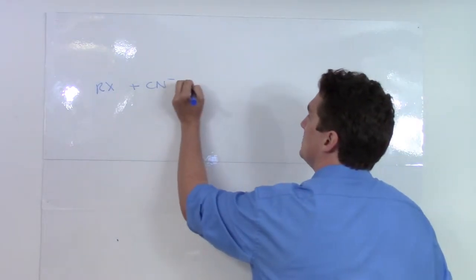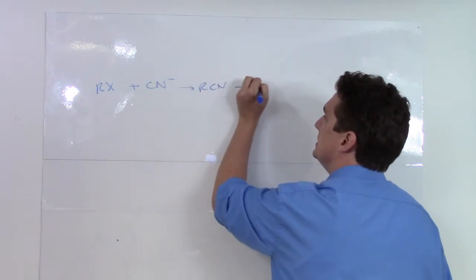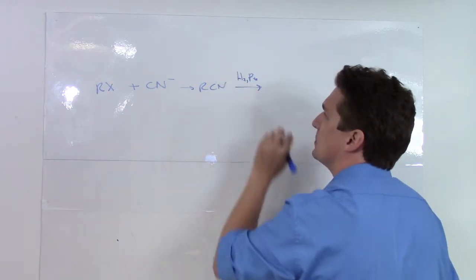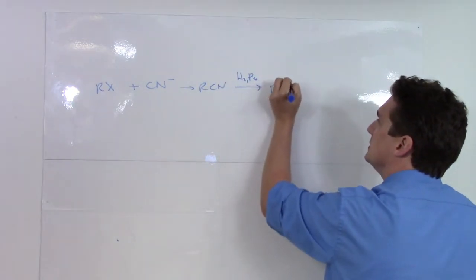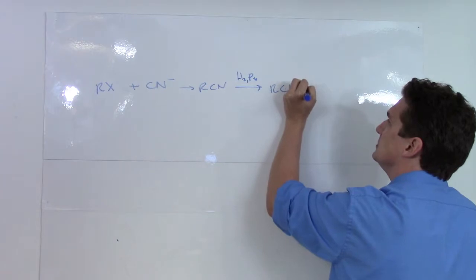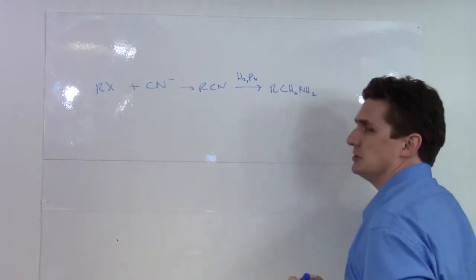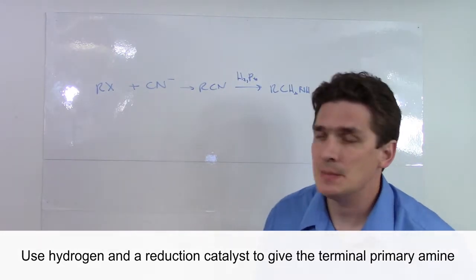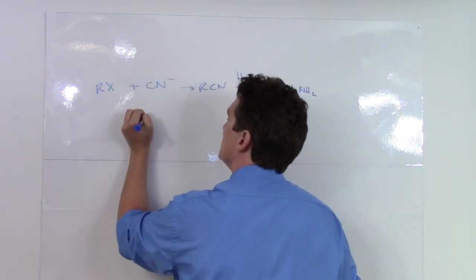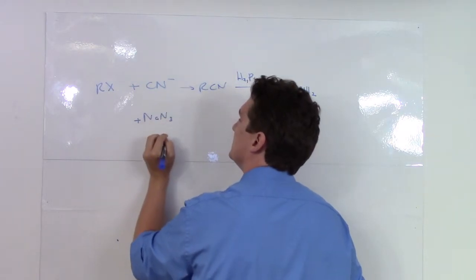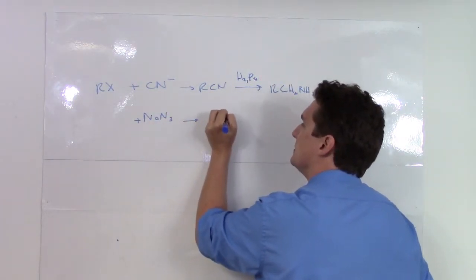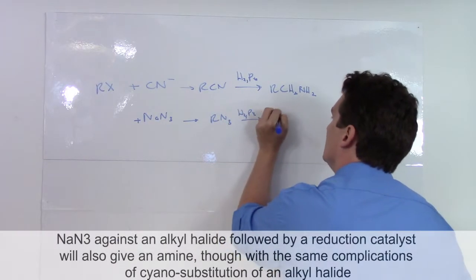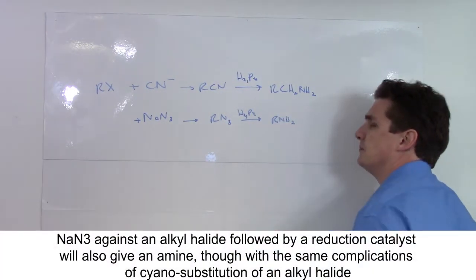Now, what we're going to initially form is this nitrile group, and then if we use a reducing catalyst like hydrogen over platinum, we can get the R, CH2, NH2. So this is one way of doing it, but let's say we don't want to add the carbon. Well, an analogous reaction is to use sodium azide. And the sodium azide here is going to give us the azide functionality, and again, using a reducing catalyst, we'll produce that